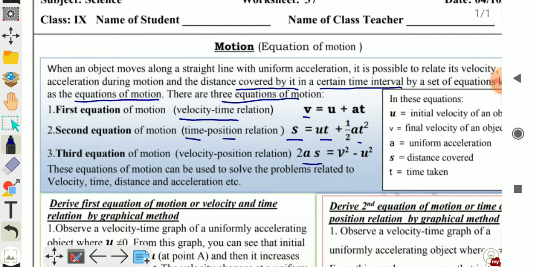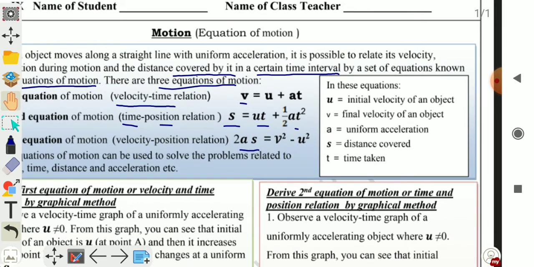In these equations, u represents the initial velocity of an object, while v is the final velocity of an object, a represents the uniform acceleration, s is the distance covered by an object, and t is the time taken by an object in changing the velocity. So we will discuss now